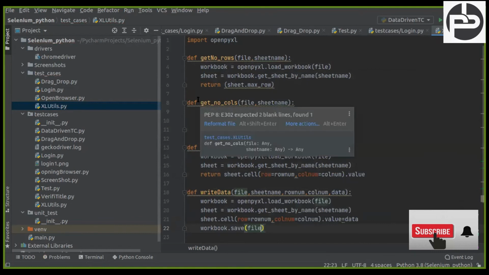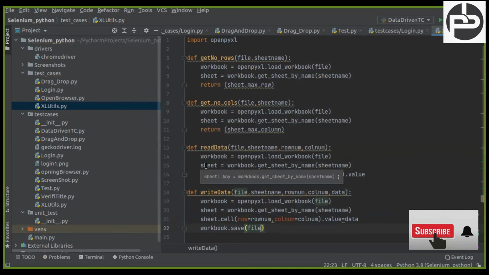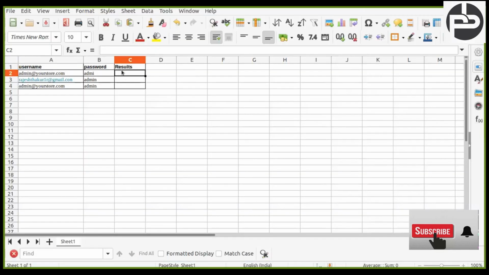Any doubt so far? Sir, why are we not returning anything for write data? Returning in the sense of writing, we are writing, right? We are not taking the data again. After writing, our task is done. Do you want to fetch the data again from there, whatever you wrote? Returning means whatever we read, that data we are going to use somewhere. So that's what we are returning. But in case of writing, if you go to this Excel sheet, here in this data we are writing. If we are writing something, are we reading anything from here? No, right? So that's why we are not returning anything.